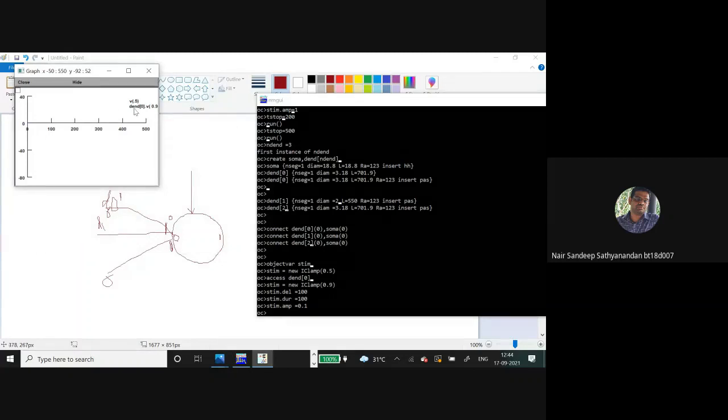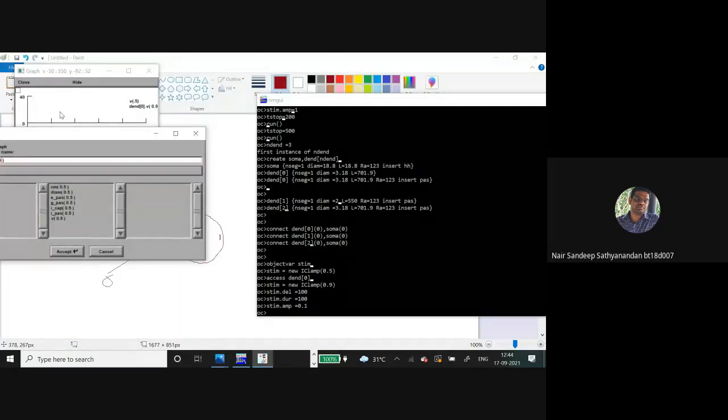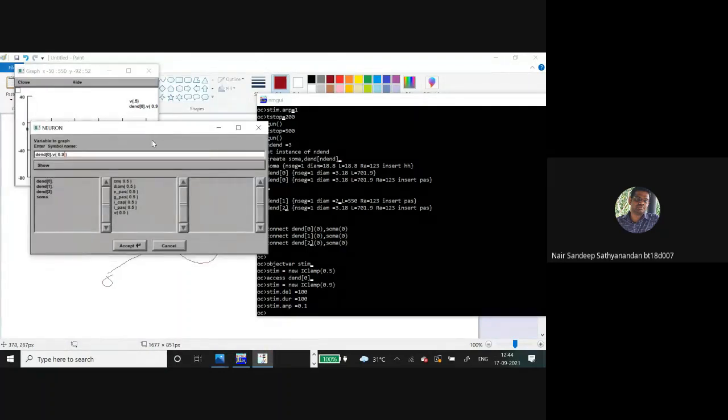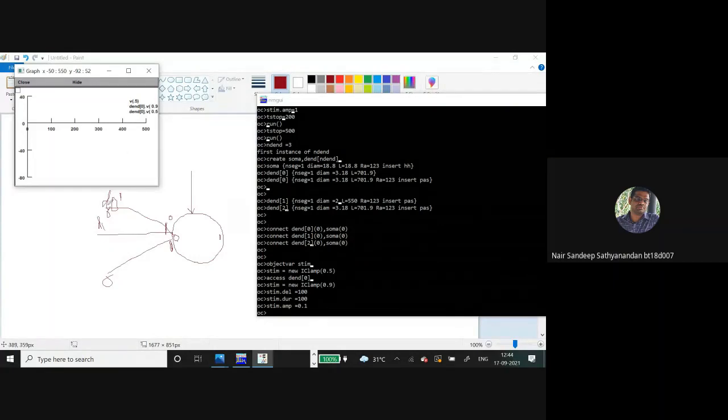So one dendrite at 0.9 is created, and then if you want to plot at another point in the dendrite, we can create at 0.5. So that is again created.